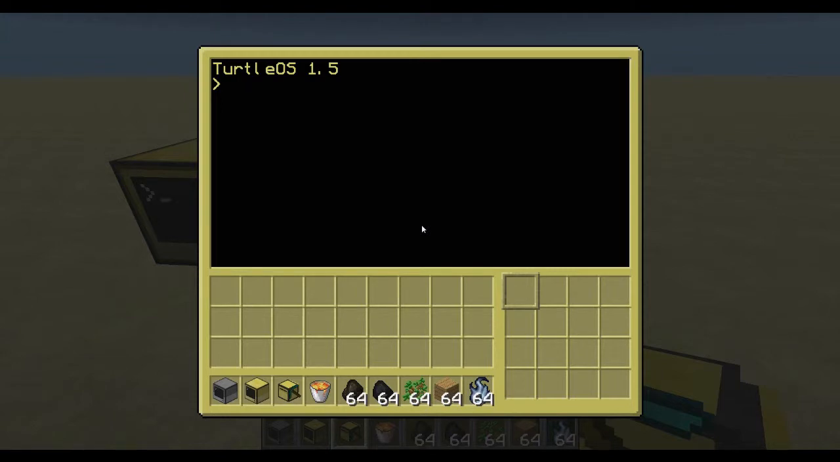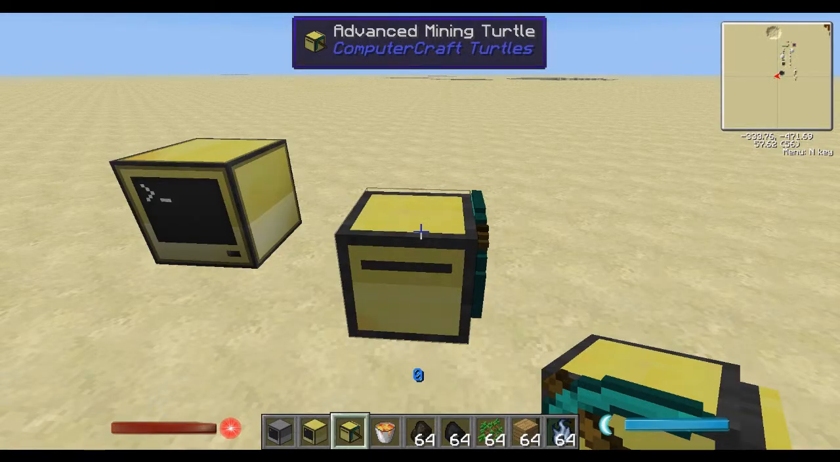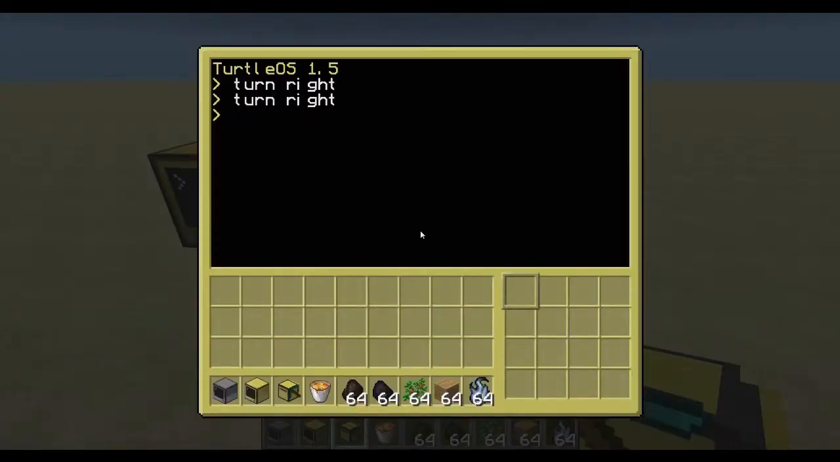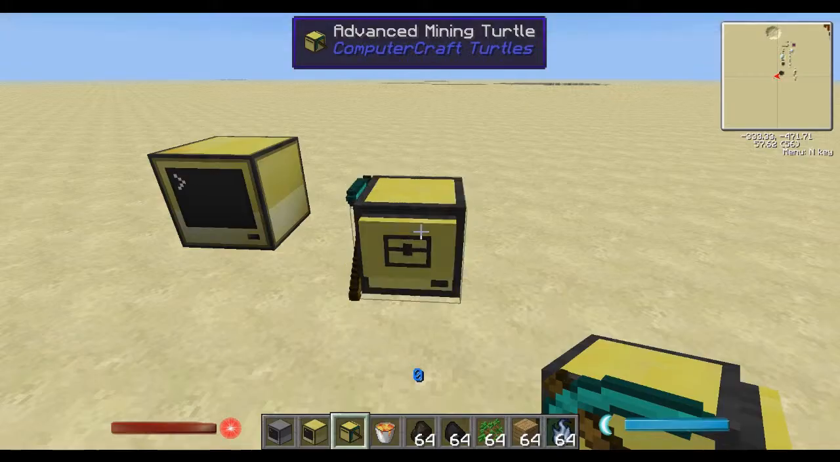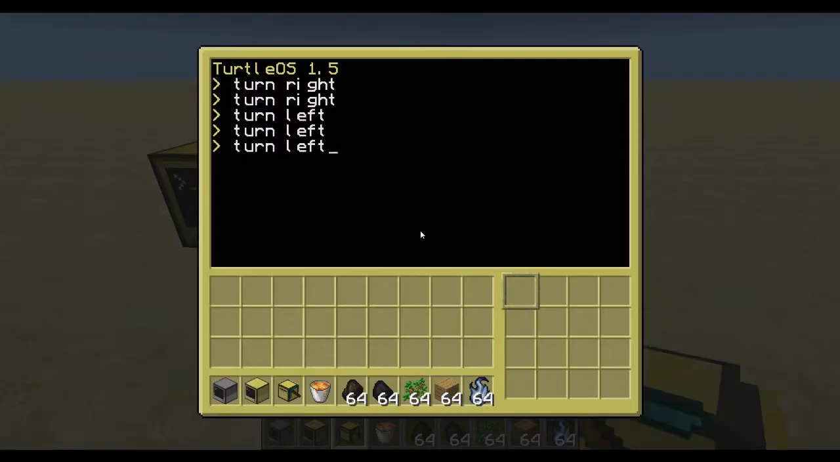Now, first thing we're going to do, we're going to make him turn right. This is part of a basic turtle API. This is the Turtle OS, a different system. So he can go right, he can turn left, he can also turn, okay, he can go back,